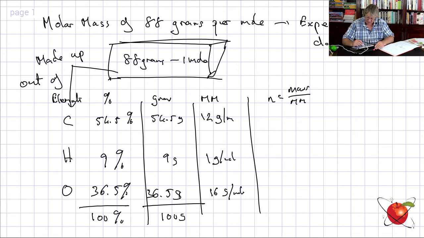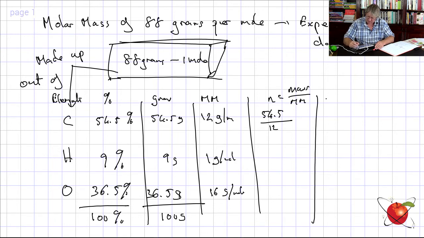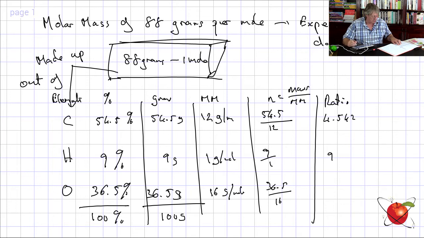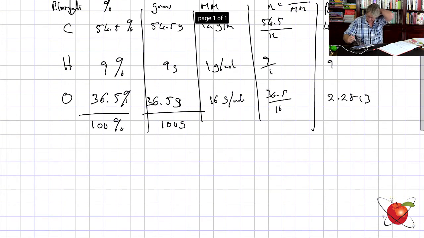Mass over molar mass. 54.5 over 12 is equal to 4.542. Then 9 over 1, and here 36.5 divided by 16, which is 2.28. So we've now got a ratio, and our ratio for C, H, O is